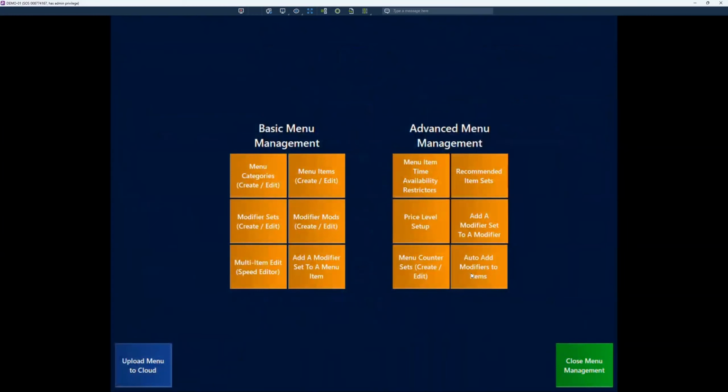So this is something that when a lot of people are setting up menus, they kind of neglect some of these advanced options, including the auto add modifiers. It really can put the functionality of the menu at a higher level. So I do really encourage using the auto add modifiers, using speed mods, using these advanced functions that you may not think about when you're programming the menu, but they really elevate the menu in its usage. So if you have that done, it kind of sets it apart from some of the other systems, and really can provide that